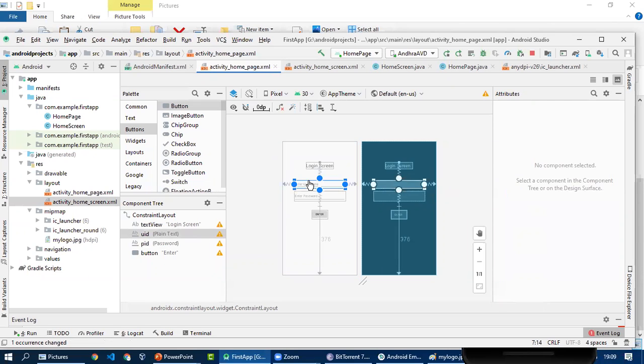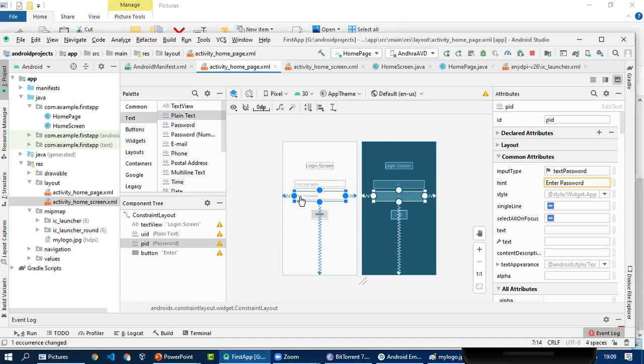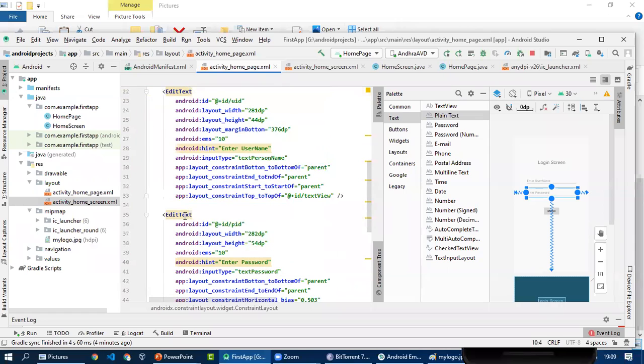Okay, so what was that? It was the plain text, and this one is for password. If you want to see the code, then you have an edit text and an edit text.